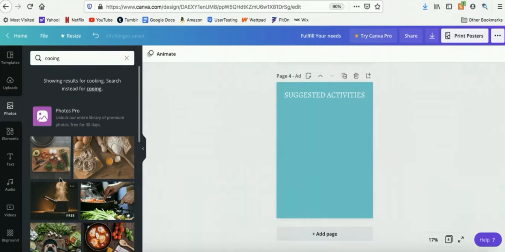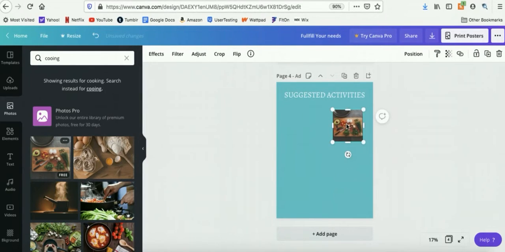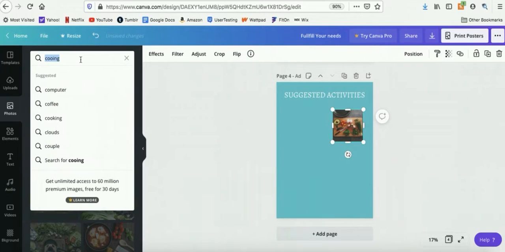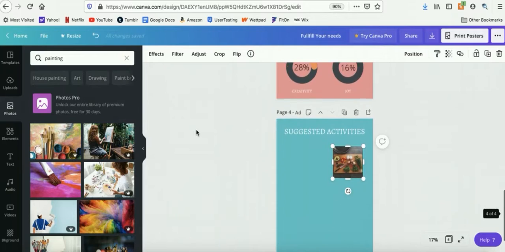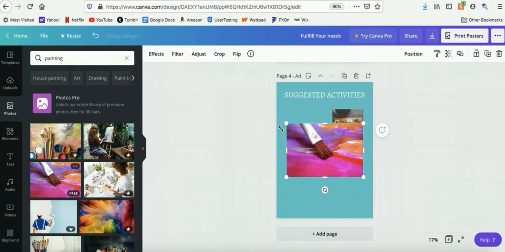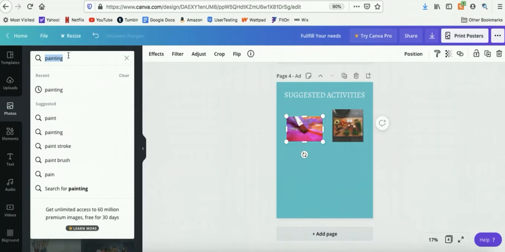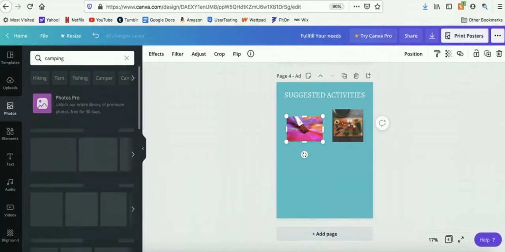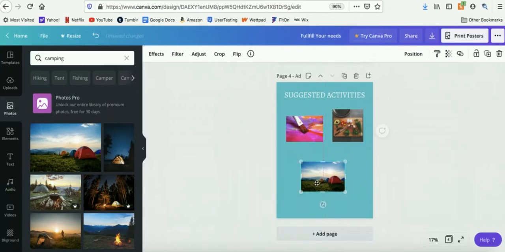That is not what I meant to type in, but I'm glad it understood. Say there's a cooking class. Let's say, oops, I don't want that one. Let's do the painting. Let's do camping. I'm just throwing out basic activities that I've already mentioned a couple times,